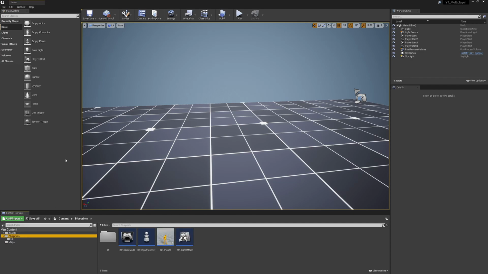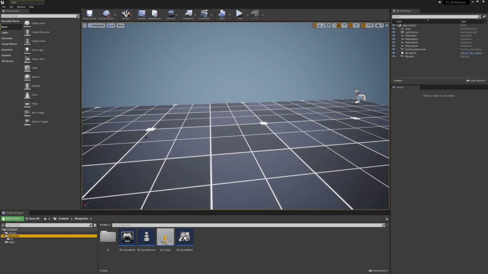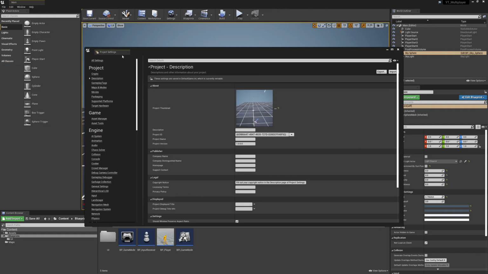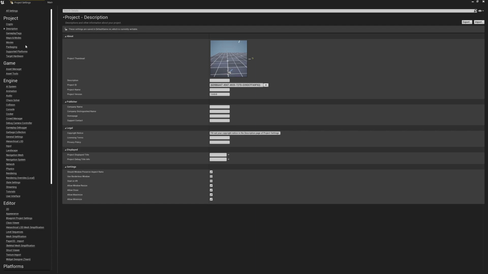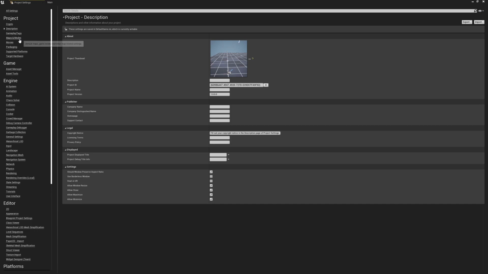So for some of the setup, the first thing that I know that we need is that at the moment in the project we're working in, we can spawn all of the players in, but there's no kind of differentiation between when the input receivers are in use and when the players have been started to get spawned into the world. So what I'll do is I'm going to go to the project settings and I'm going to create a new input binding, and this is just going to be something that we can use when we've hit a certain number of players in the world, so the actual BP_player classes rather than the input receiver. When we have a certain number of these in the world, we're going to allow this button to be pressed